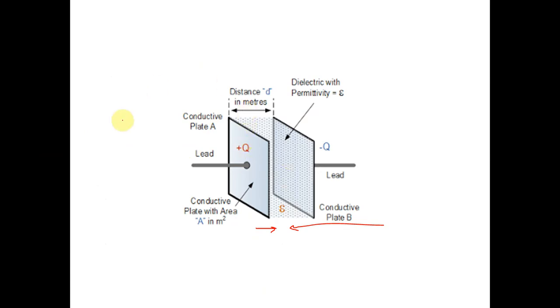Now this one is the construction of capacitors. Capacitors have two plates. In between these two plates there is a dielectric material present, and this is the conductivity plate area of the first metal. This is the conductivity area of the second metal, and the distance between them is D. This is the distance between two metallic plates measured in D. This one is the conductive plate A and this one is the conductive plate B.